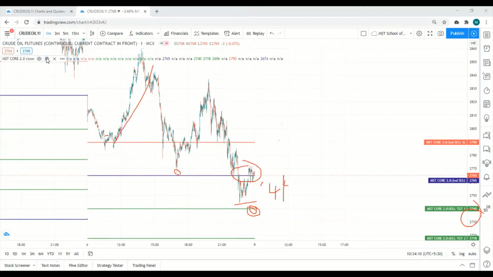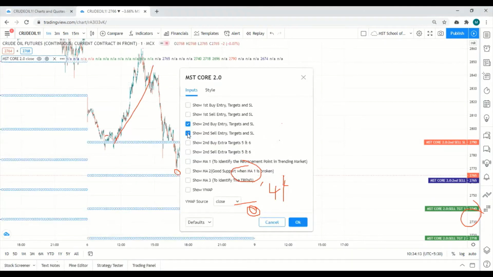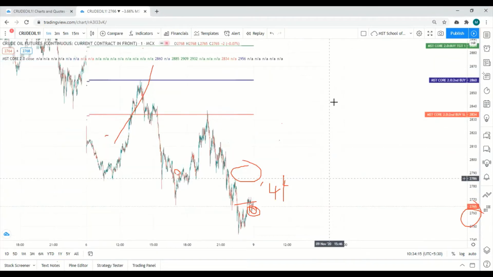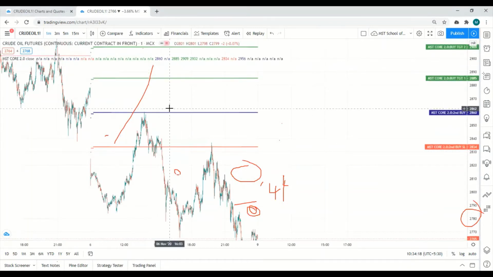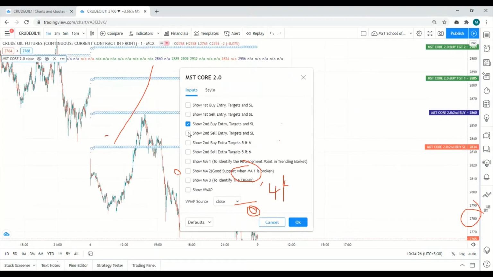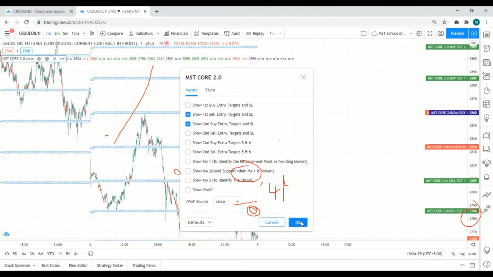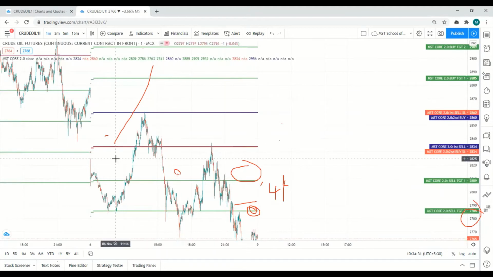So next what we have, second buy we have. When it will be activated, if first sell SL is triggered, then second buy will be activated. Yesterday what happened in first sell, the first sell activated at 2834 and SL was 2860. Exactly SL hit. But what's our condition? If buy activated, we have to ignore the sell. If sell activated, we have to ignore the buy. That's our condition. So this first sell is not valid.